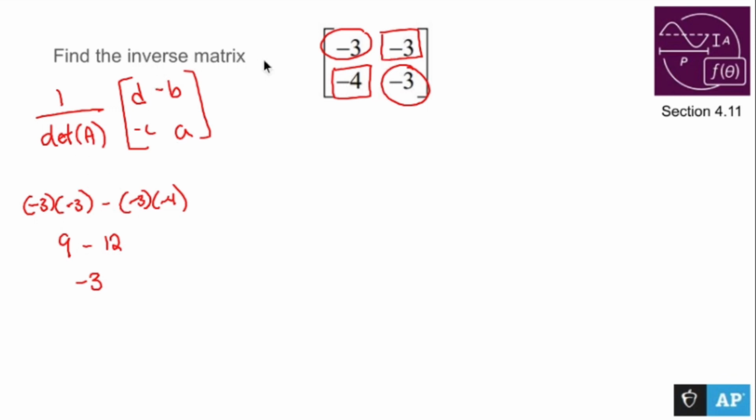The only time we couldn't take the inverse of the matrix is if the determinant is 0, because you would get 1 over 0, which is undefined. That's impossible. Now what I need to do is take 1 over -3 and multiply it to